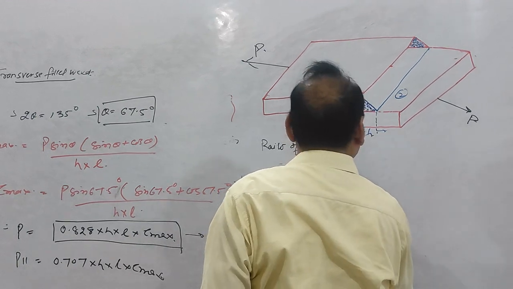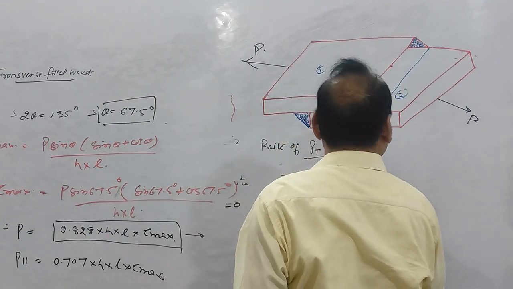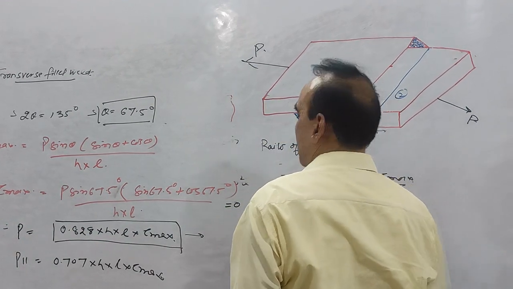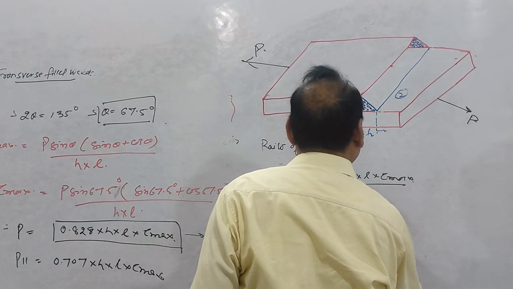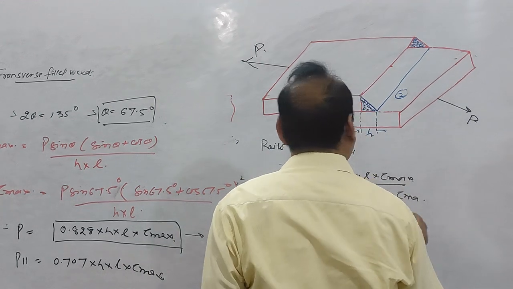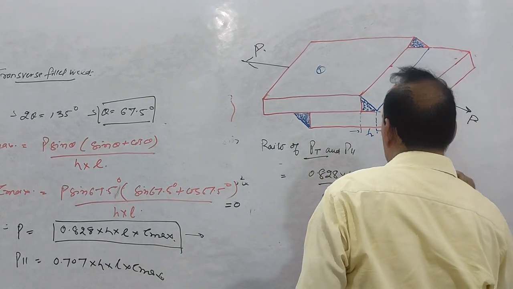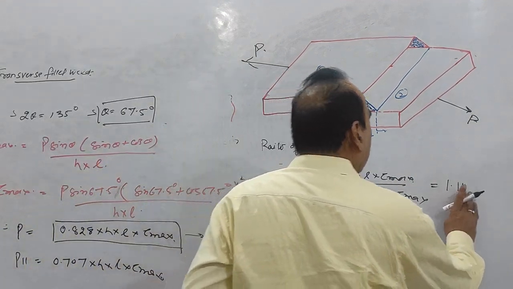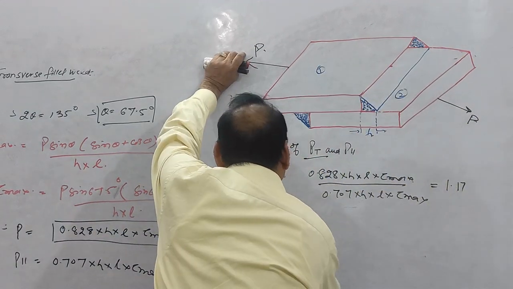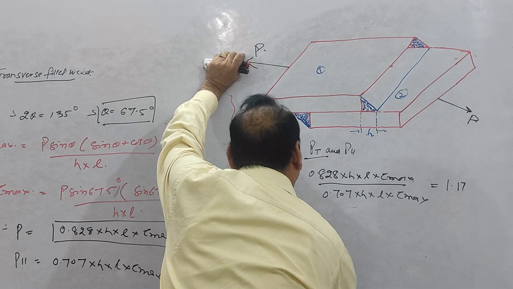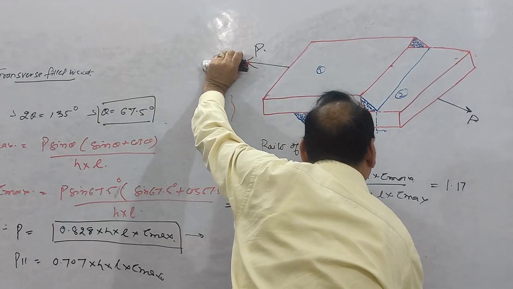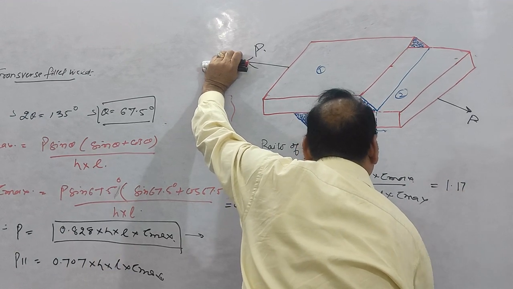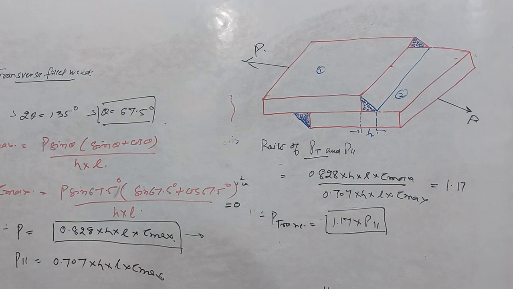0.828 इंटू h इंटू एल इंटू टाउ मैक्स डिवाइडेड बाई 0.707 इंटू h इंटू एल इंटू टाउ मैक्स। सो दिस इज ऑलमोस्ट 1.17. देयरफॉर P ट्रांसवर्स किसके बराबर आया, 1.17 इंटू P पैरेलल फिलेट वेल्ड, राइट। बट हियर एक्चुअली वी हैव टेकन लॉट ऑफ assumptions, राइट।